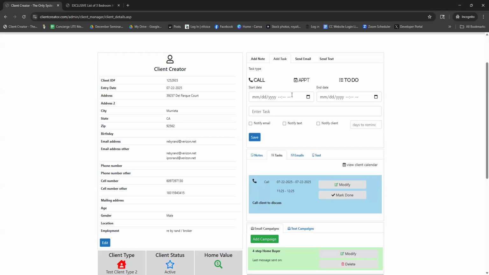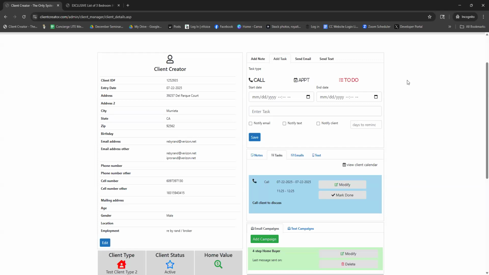But you can do different types of tasks here. You can do a call, you can have an appointment, or you can make it a to-do list. So each of these is available to you to, again, help you manage your clients and the things that you need to do. I'm sure there's a million things that you're trying to manage with multiple clients and details. So this is just trying to help you get better organized to make sure that the system's reminding you and you don't forget to do something. And you can set this up pretty quickly. You obviously see I set that call up within a couple of seconds just to add it to the client details. So a real cool way to set up some reminders and manage your clients a little bit easier